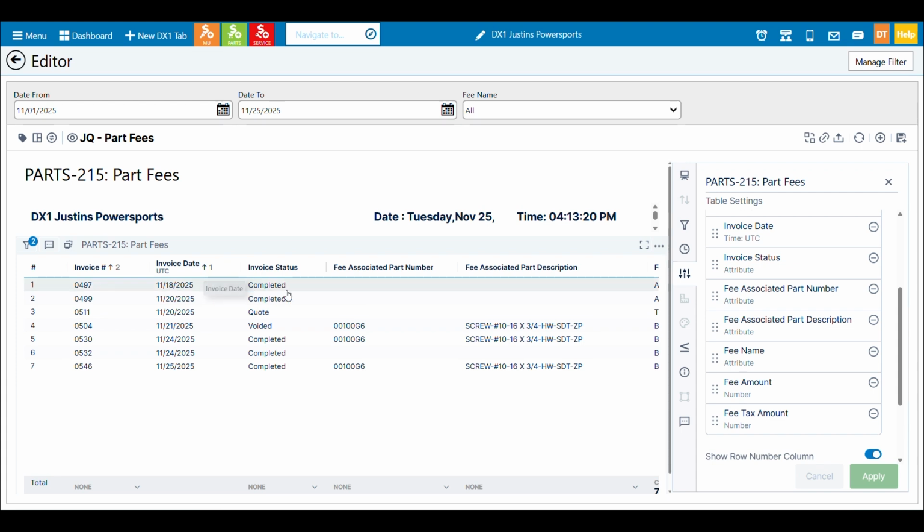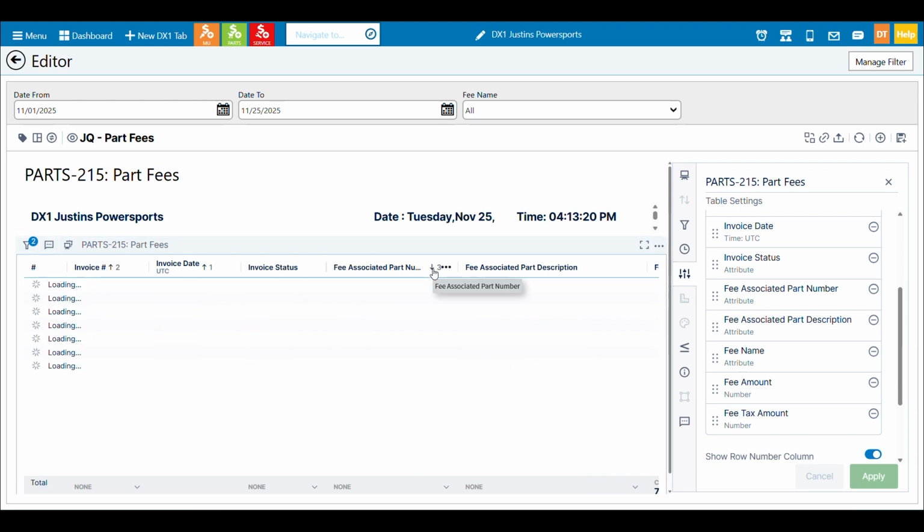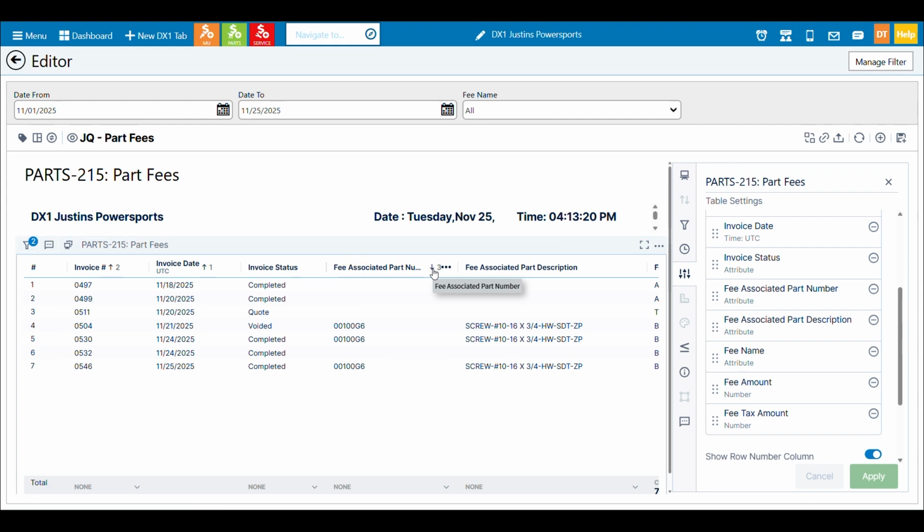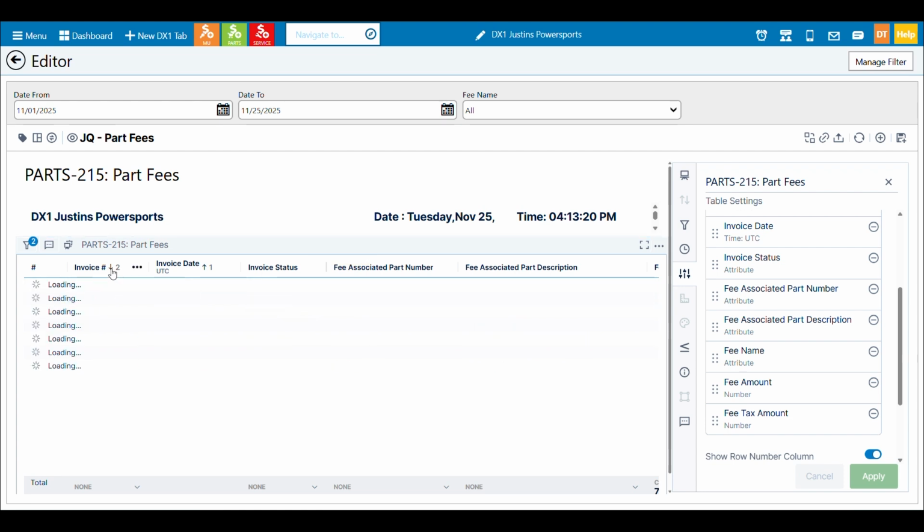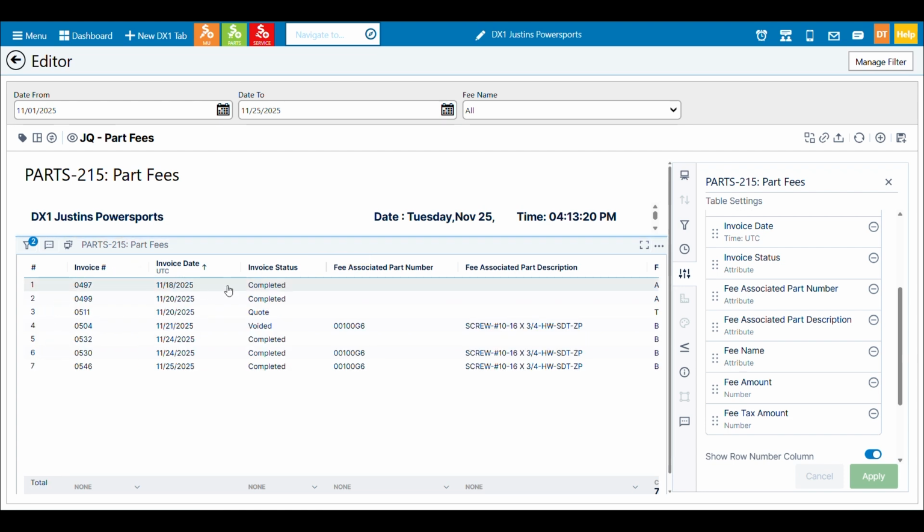If you want to set a third sort, you can. You find the column you want, you click it, and you can see there it added in a third sort. I can click that to go ascending, descending. And if I want to remove a sort, I can click it a third time. You notice it's gone. If I want to remove the two, I can click once, twice, and now it's gone. I'm left with my original sort.